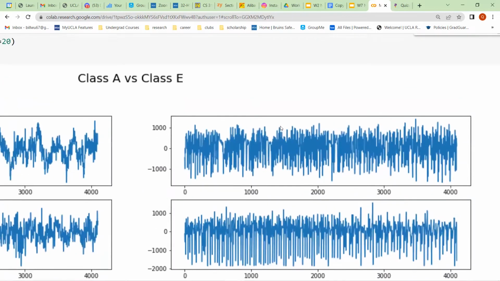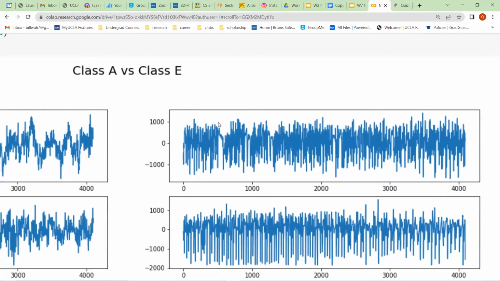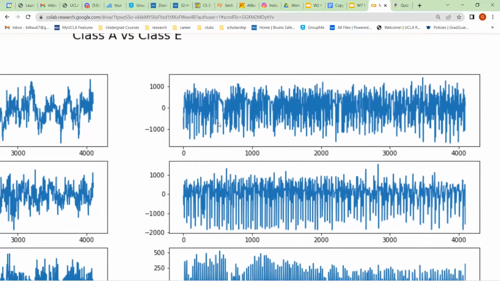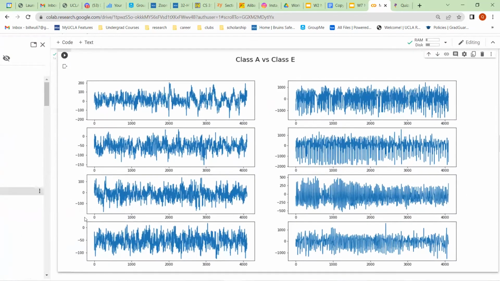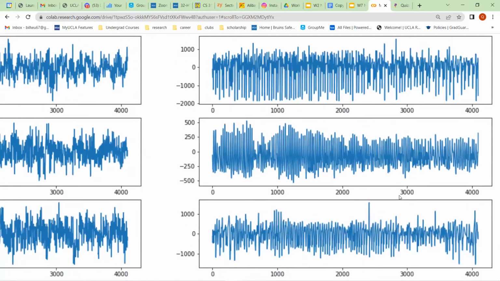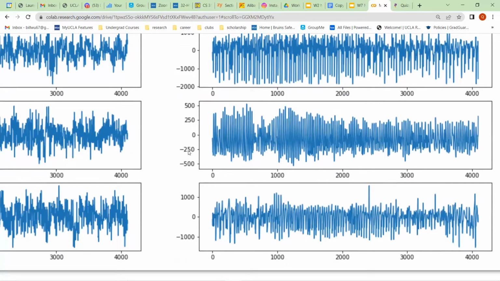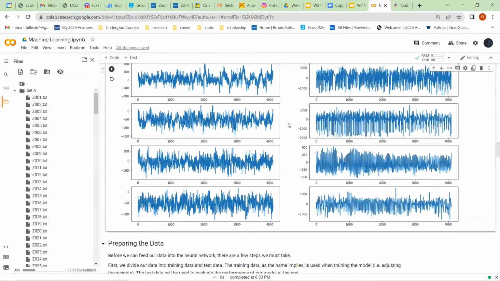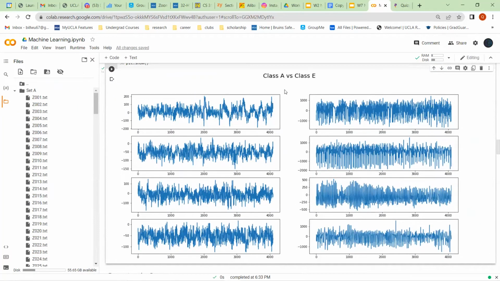But if we look at the axis for class E, which are patients diagnosed with epilepsy, you can see there's a much larger range of fluctuation within their EEG signals. For instance, the first one is oscillating from negative 1000 to 1000, which is almost 10 times stronger than this one. And all the others also have a greater range. The smaller one even has negative 500 to 500. So from this, we can tell the difference between set A and set E. But we definitely need a better algorithm to let us more clearly know whether someone has epilepsy or not, based on this data.